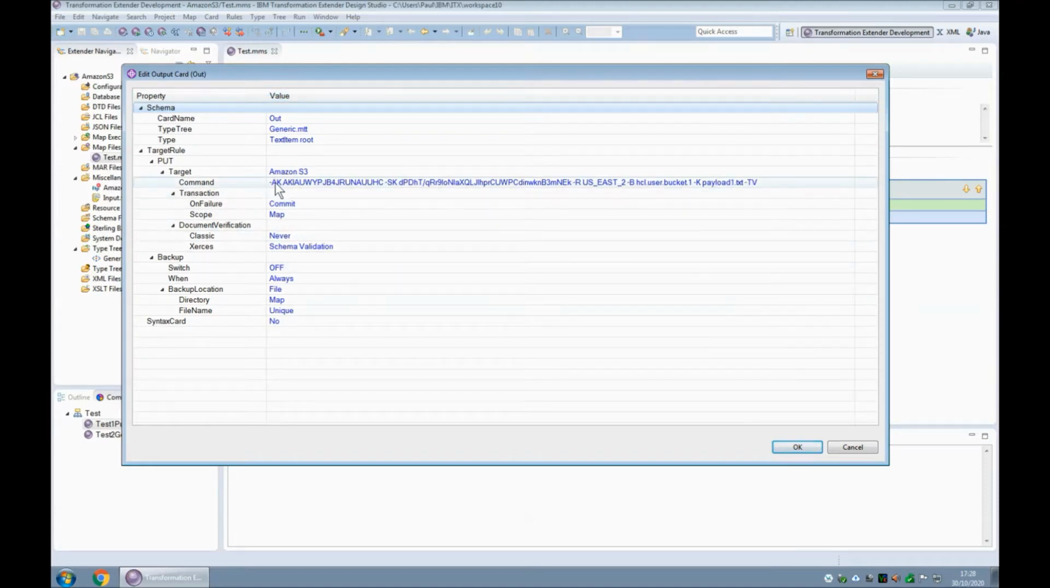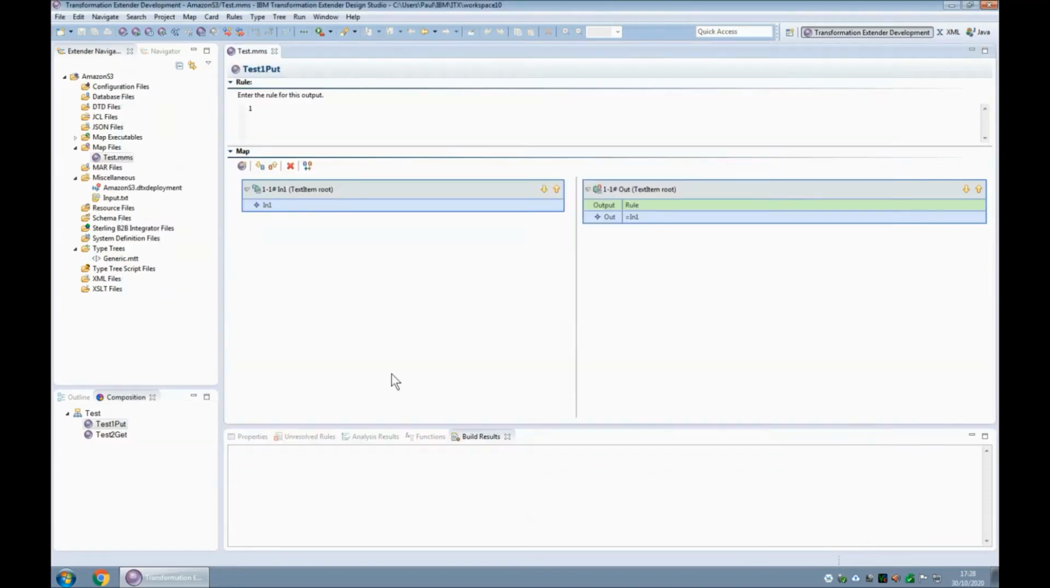I have an -AK, which is my access key. I have a -SK, which is my secret key. I have a -R, showing my region, US East 2. A -B to indicate the bucket that I'm going to deploy my object to. And a -K indicating the name that I want that object to take. And here I'm using payload1.txt. And finally I have the verbose tracing turned on for the adapter. So there's that. If I now build and run this map,